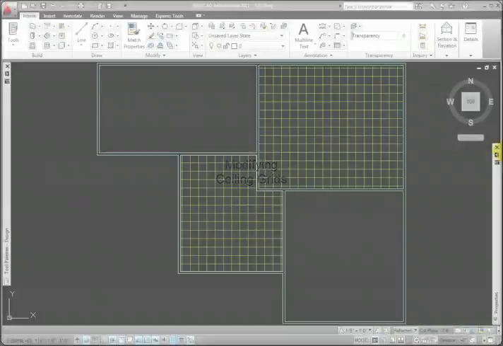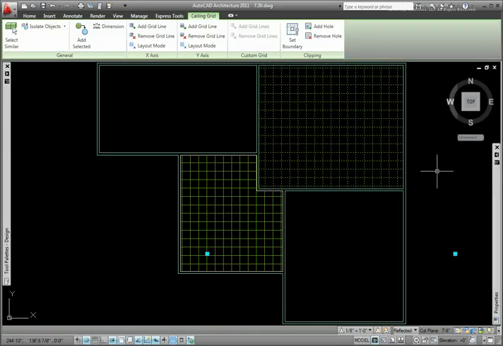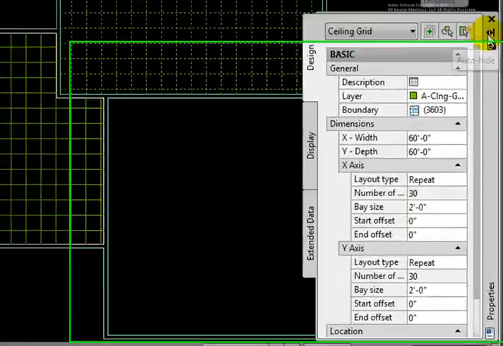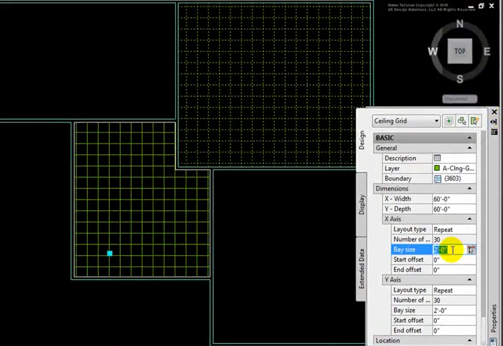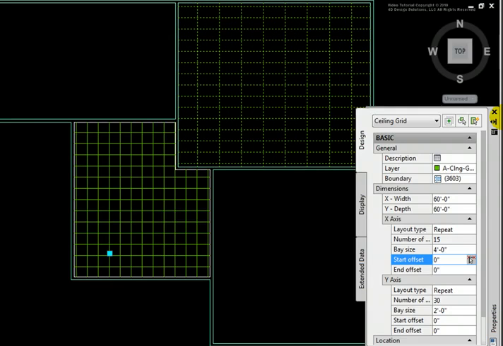I'll begin by changing the spacing of a ceiling grid. Selecting the grid on the upper right, in the Properties palette, in the Dimensions section are bay size values for both the X and Y axes. I'll change the X bay size value to 4 feet and press Enter. We'll see that our grid has changed to 2 feet by 4 feet, with the 4 feet in the horizontal